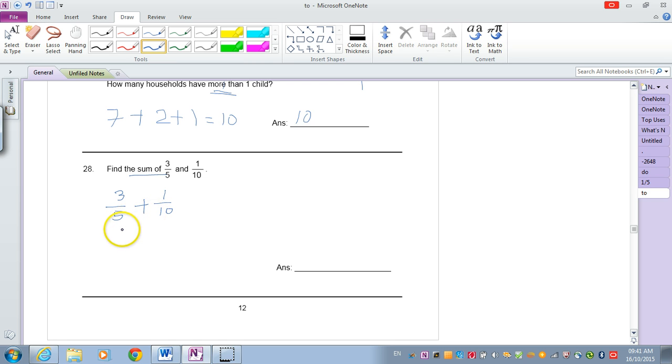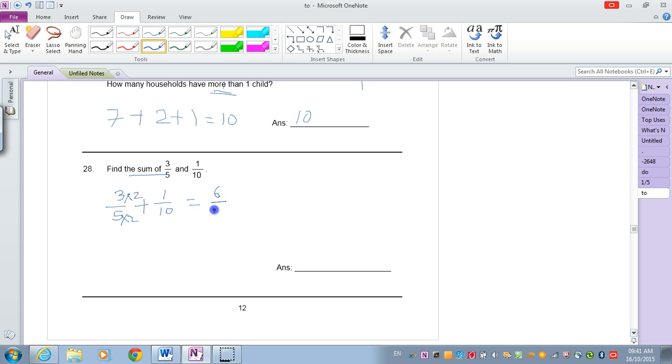But first of all, let's take a look. I have a denominator of 5 here and a denominator of 10 here. They are different denominators, so I cannot carry out my addition. I have to convert 3/5 to an equivalent fraction with a denominator of 10. So I have to multiply by 2 here. When I multiply by 2 for my denominator, I have to do the same for my numerator. So I will have 6